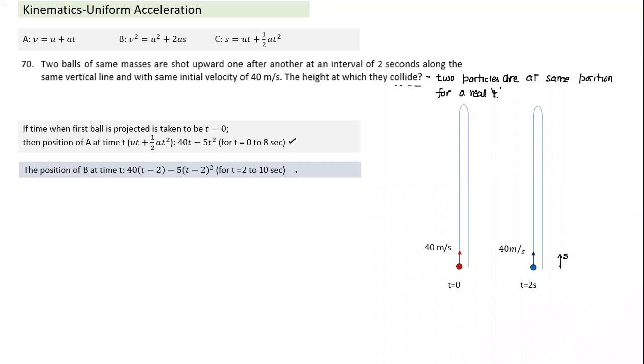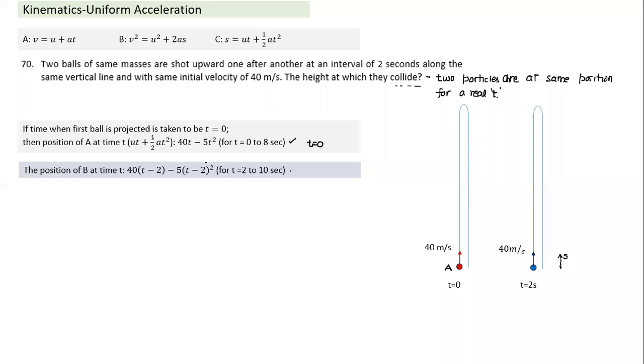What I have written here: if this is a time, if I have t equal to 0 the moment I fire the first projectile A, if I set the stopwatch ticking, the time starts from here. So time is reckoned from here only. If I use the same time measurement for the second particle, which starts 2 seconds later, time has to be written like this.